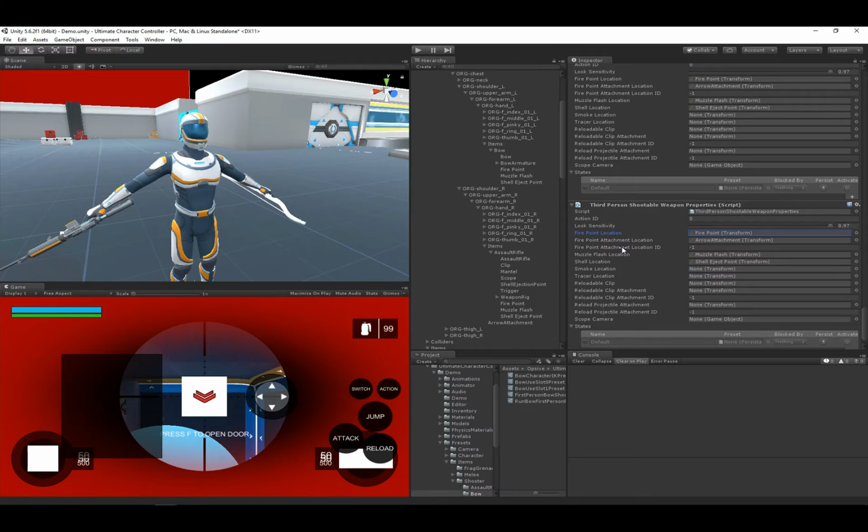And if, for example, you were spawning these objects at runtime, and so you're doing runtime pickup, and you didn't have a reference to the character's game object at the start, you can use this ID and it will automatically find the ID based off of an object ID component. So that's actually how it's done in the demo scene. If you look at the demo scene, you'll notice that this arrow attachment location is null, but the location ID has a value, I think it's 4, and it just uses that object ID component to search for which object. But we don't need to do that right now,